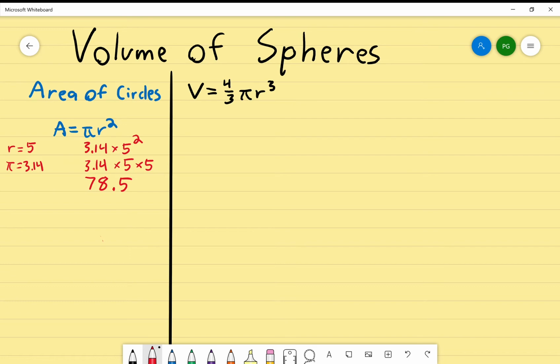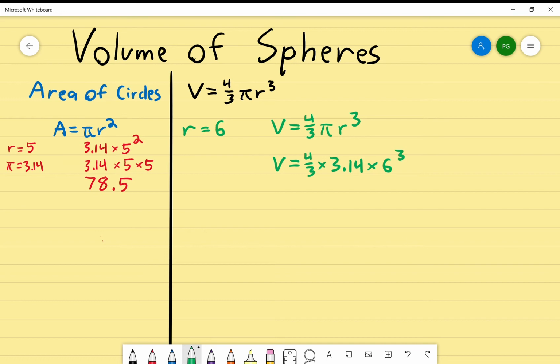The formula for the volume of a sphere is kind of like that. It's got different numbers, but it's still the same process, and you still have a calculator when you're solving it, so it should be simple for you. Let's say that I give you a radius of 6. First things first, you go to your formula. Your formula in this case is volume equals 4/3 times pi times r cubed. You are going to have a calculator, and your calculator can multiply fractions. Stop freaking out. What you go ahead and do is replace everything in the formula that you don't know. So volume equals 4/3, that stays the same, times pi, which is 3.14, times r, which is 6 to